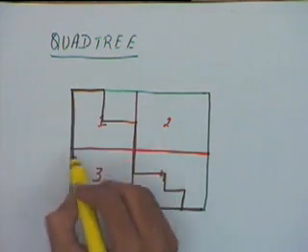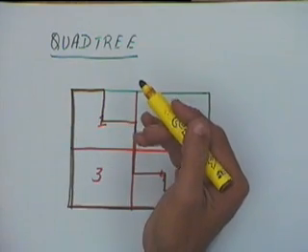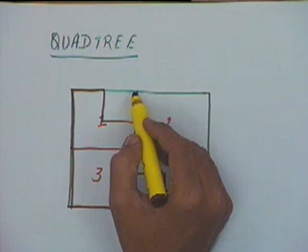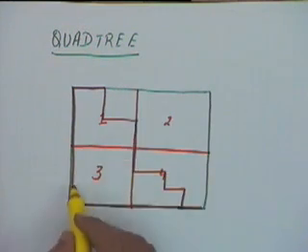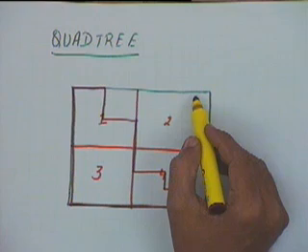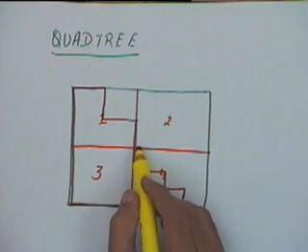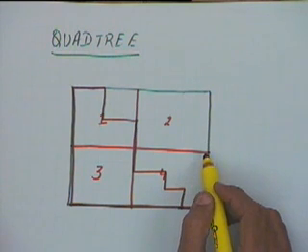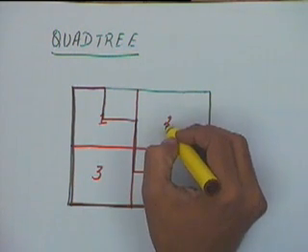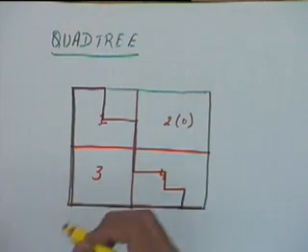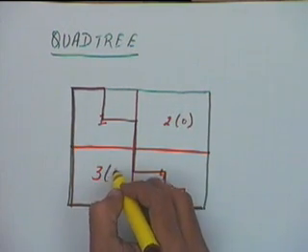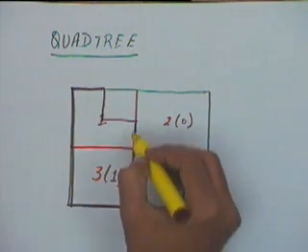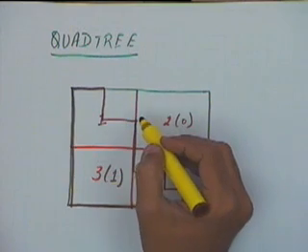Then we see whether each region is inside or outside. If you look at region number 1, we cannot decide whether it is totally inside or totally outside. Region number 2 is totally outside. Similarly, region number 3 is totally inside, and region number 4 is again partially inside and partially outside. So for region number 2 we will store a 0, for region number 3 we will store a 1, and when we consider region number 4, we will divide it further into 4 parts.